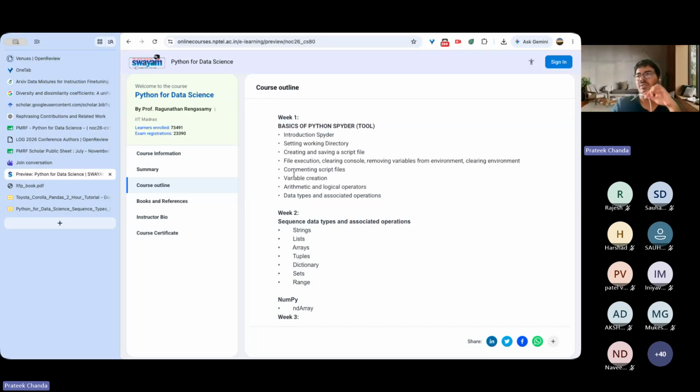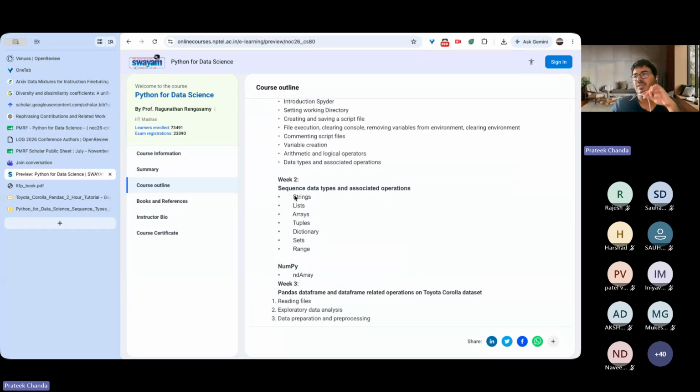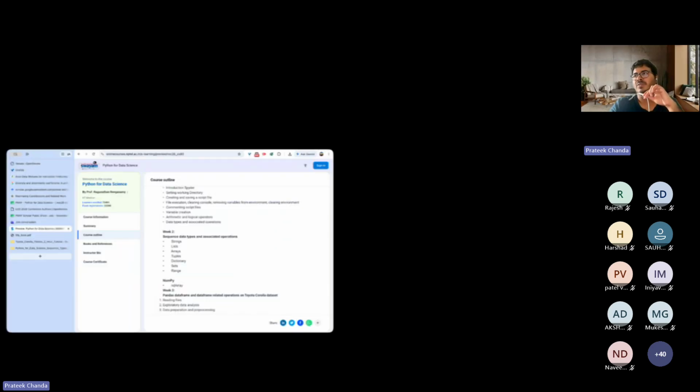The second week, which was last week, we looked at sequence data types like strings, lists, arrays, and so on. We covered the different aspects of these data types, like how each data type shared certain properties, and some properties are very unique to them, for example mutability of these data structures.